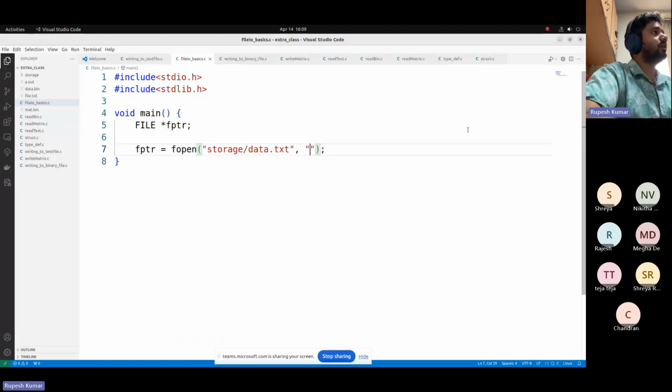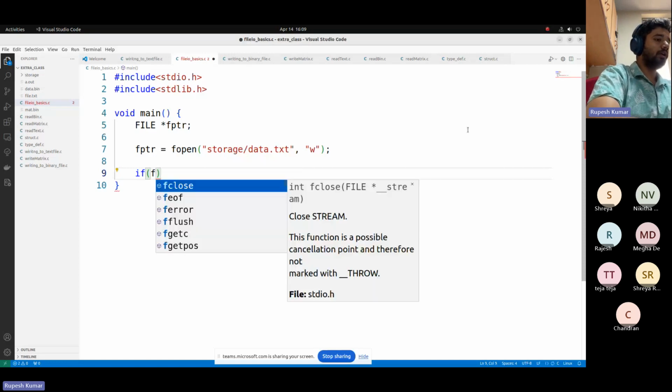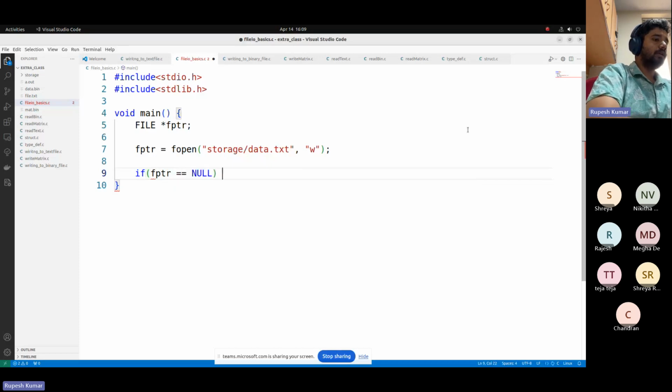So let's say we are trying to write some data into a file. So we will use "w", which denotes the write operation. Now there is a possibility that the fopen function fails. Then it will return a null pointer. So you just need to check if fptr equals null, then